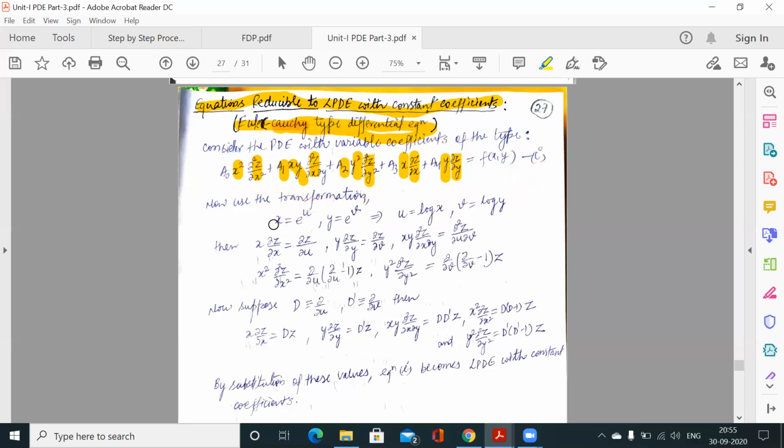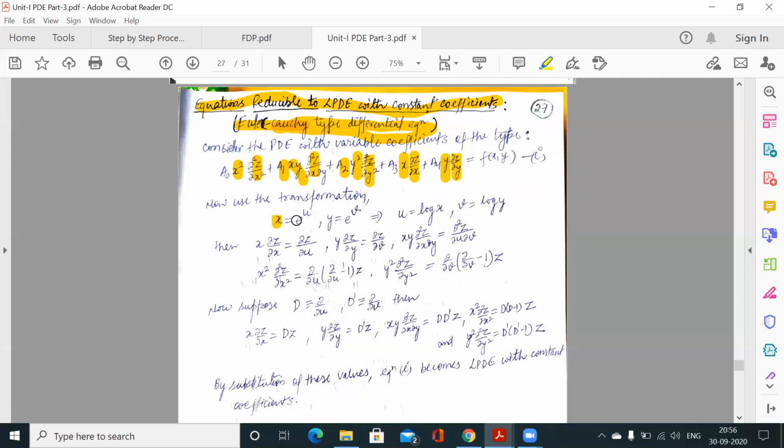Here we have two independent variables, whereas there we had only a single independent variable x. So we converted x into z, because there y was the dependent variable and x was the independent variable. So we changed the independent variable as x is equal to e to the power z. In this case we have dependent variable z and independent variables x and y. So both independent variables will be converted to other variables, so that this can be made into a linear partial differential equation with constant coefficients, and the transformations are similar.